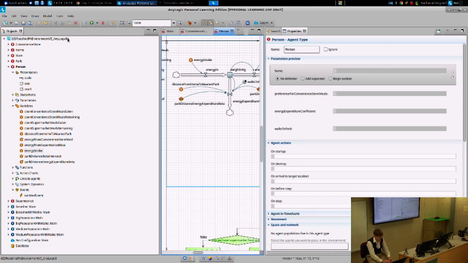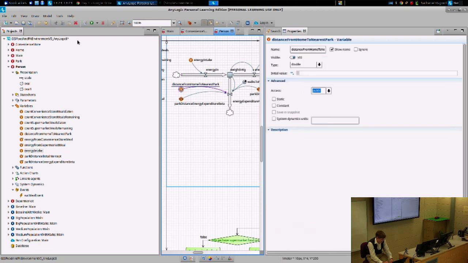If you want to save a model following, for example, some modification, you can do so with a button up here. It says Save Model. Or you can press on your computers in the lab, Control S. On Macs, it is